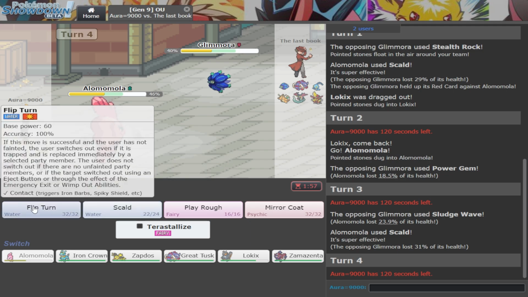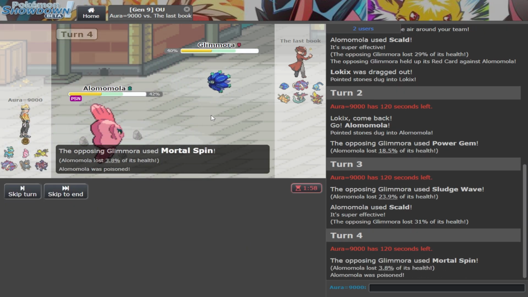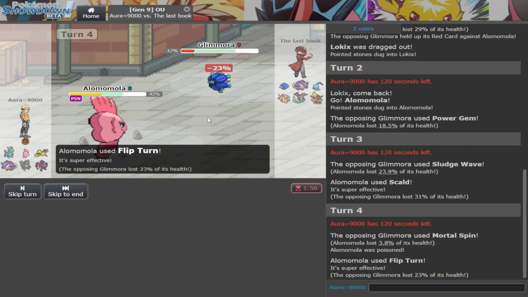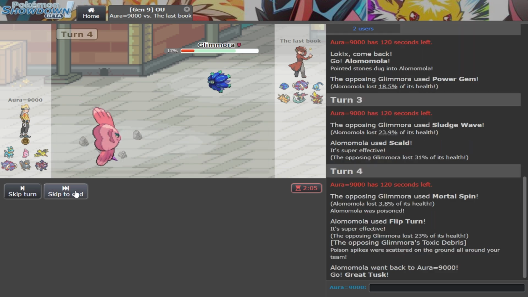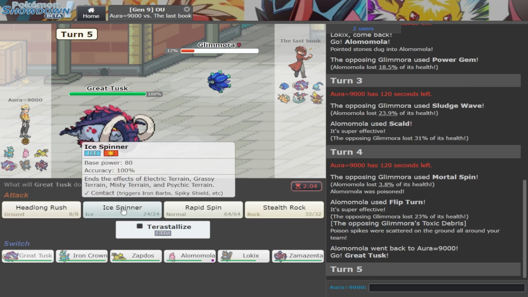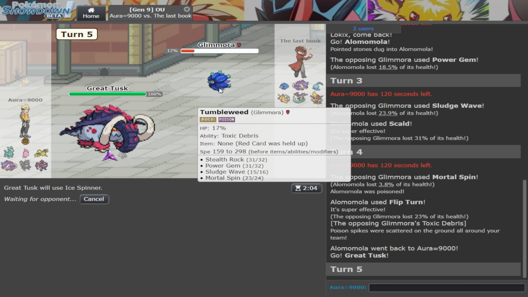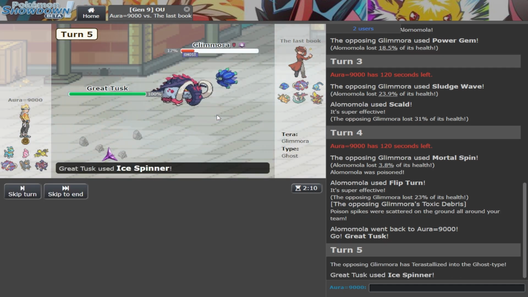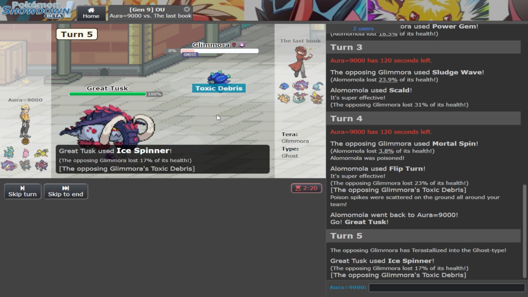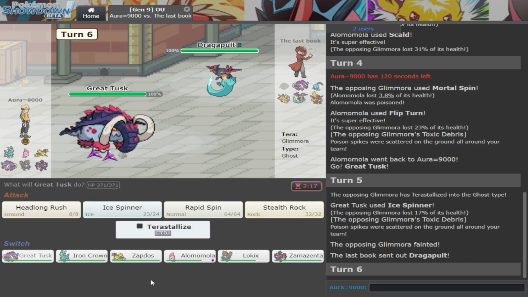Since Sludge Wave is doing 23, I'm kind of forced to switch out here. They do have Mortal Spin. I don't know why they didn't click that before, but yeah. We switch out there. Our Tusk is Boots, so I'm just gonna go into that and just click Rapid Spin, because they might go Dragapult, they might Terra Ghost this thing. Yeah, they did Terra Ghost, so we ended up baiting out their Terra, which is a really big deal. I'm glad I was able to do that, and